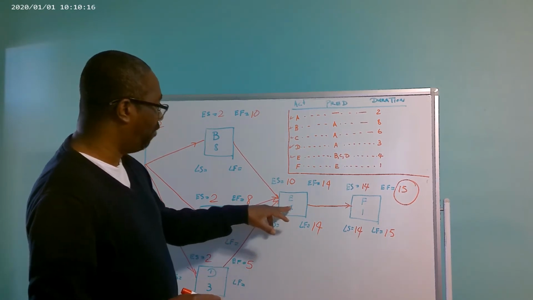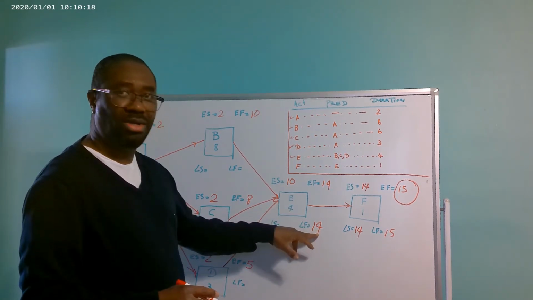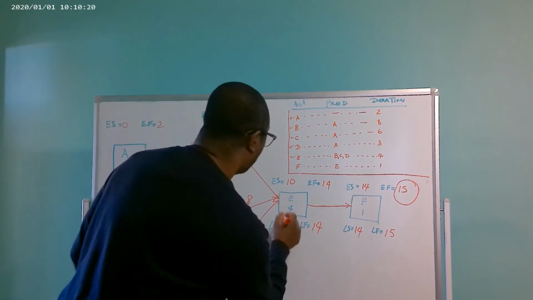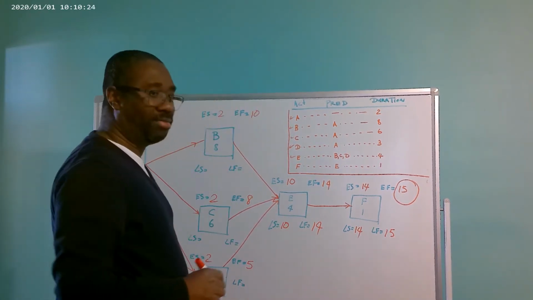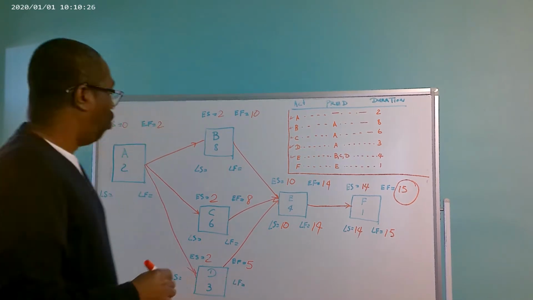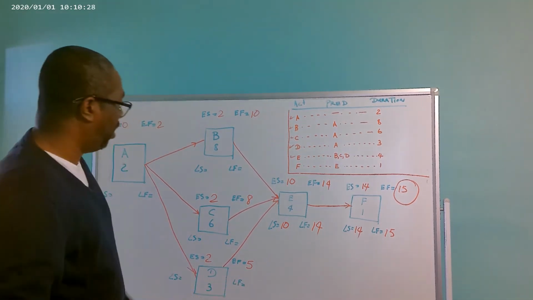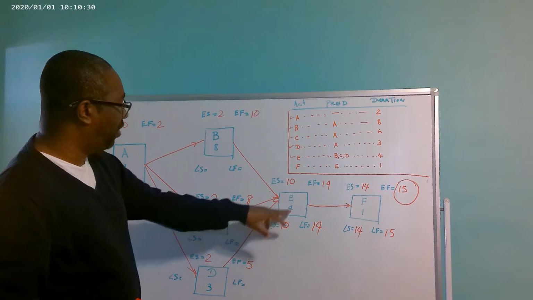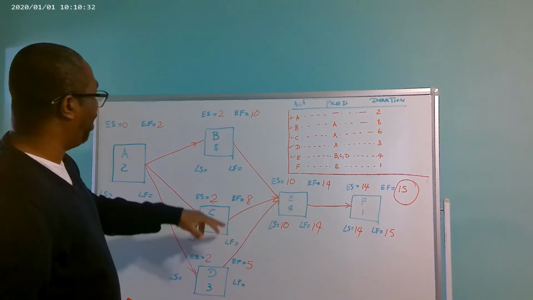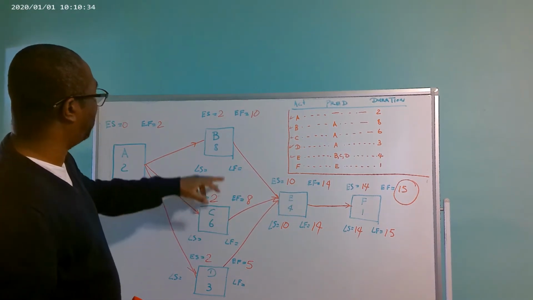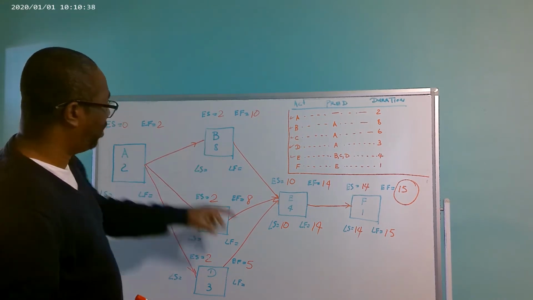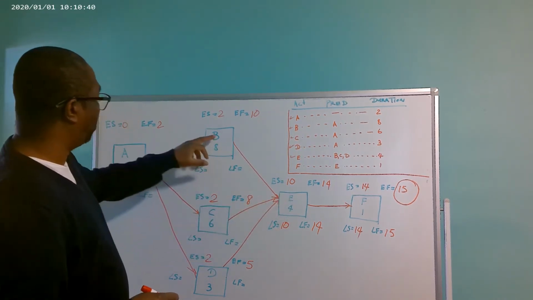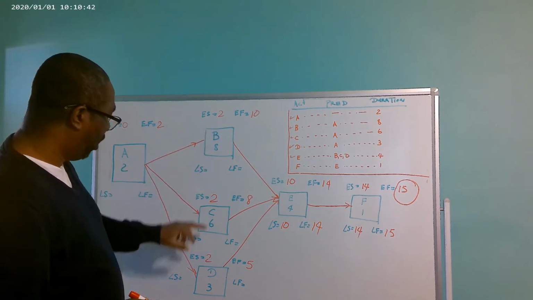So we're going to subtract 4 from 14, which is 10. Right? So we know that the late start for activity E is going to be the late finish for activities B, C, and D,